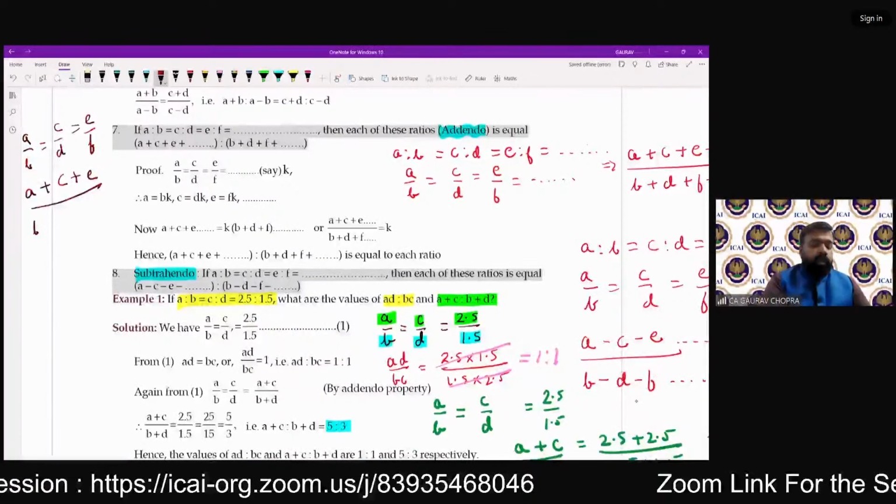Now, let's take one of the most important questions that comes in the exam, and I have marked it here for you. Example number 2, very important, very good question. Let's understand how to solve it. A by 3 is equal to B by 4 is equal to C by 7. In the exam it will not say prove, it will say find: find the value of A plus B plus C upon C is equal to dash, and here you will have a question mark. So this is how the question comes in the exam. Now how will you solve it?